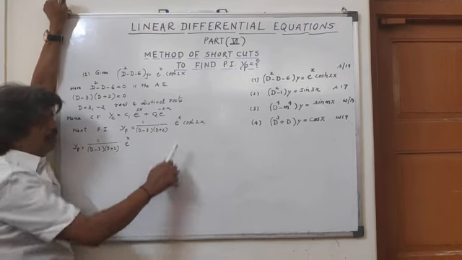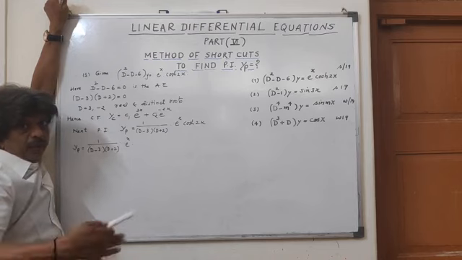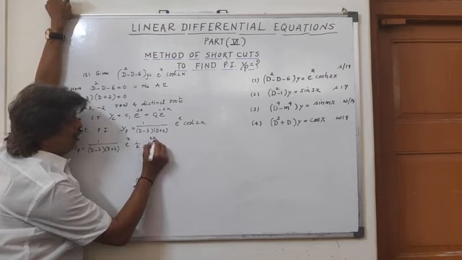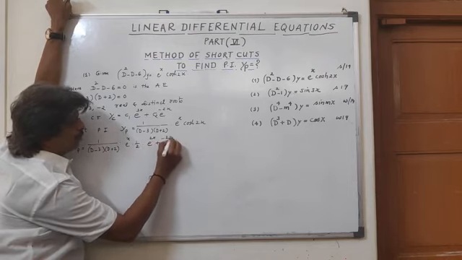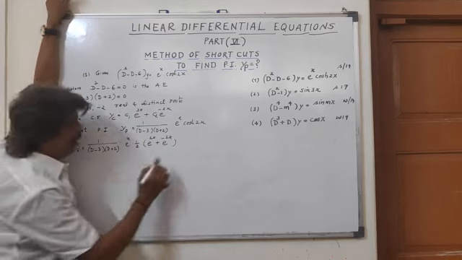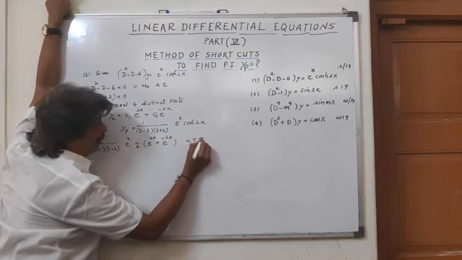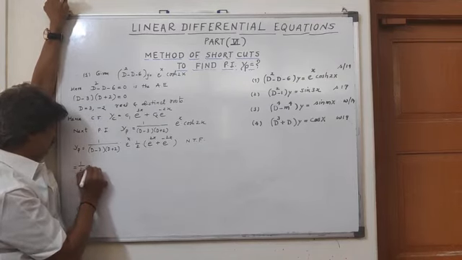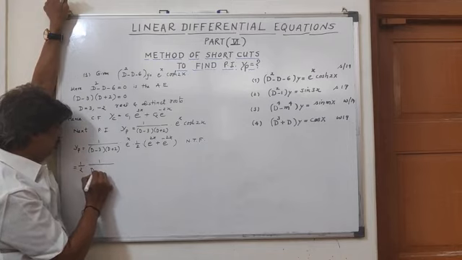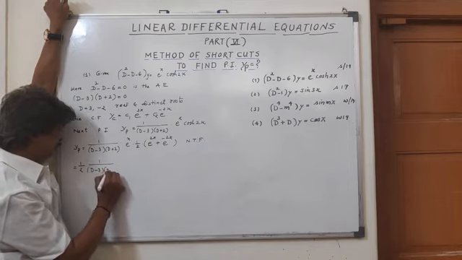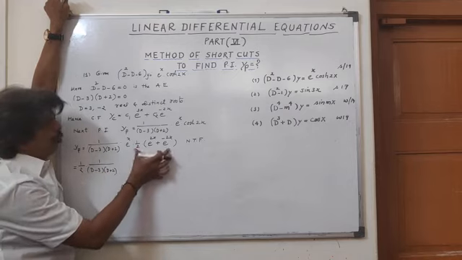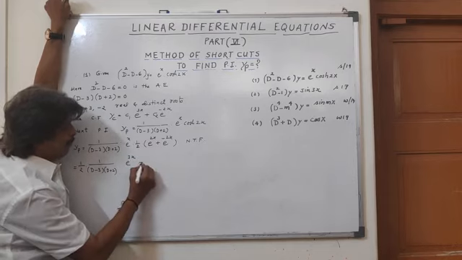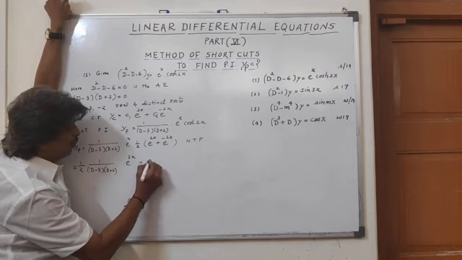Now I will also convert this cos h of 2x into exponential form. The cos h of 2x is 1 by 2 times e to the power 2x plus e to the power minus 2x. Note this formula. That is further equal to 1 by 2 times 1 upon D minus 3, D plus 2. Now I will open this bracket: e raised to power x into 2x gives e raised to power 3x, plus e raised to power x minus 2x, e raised to power minus x.